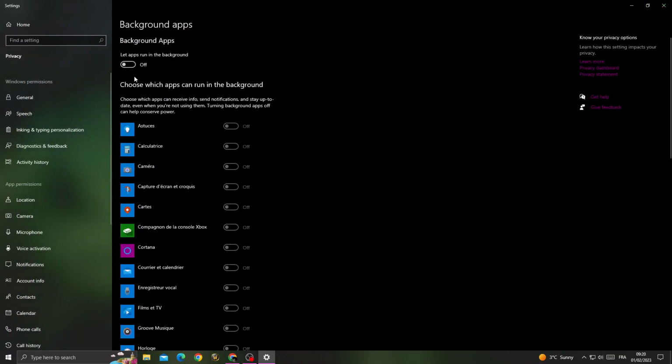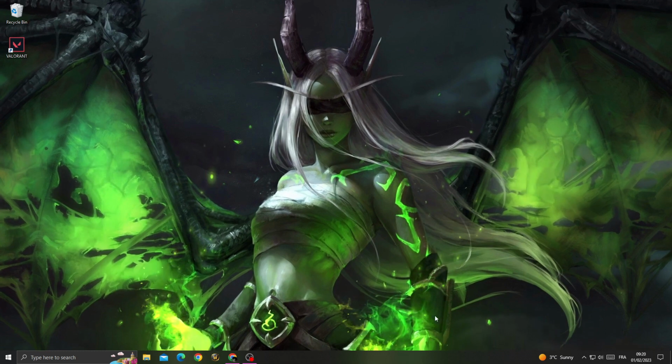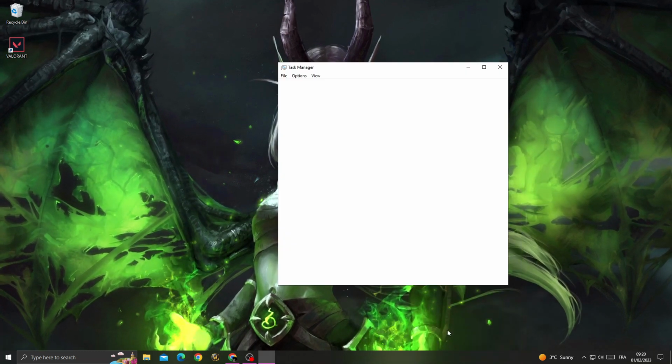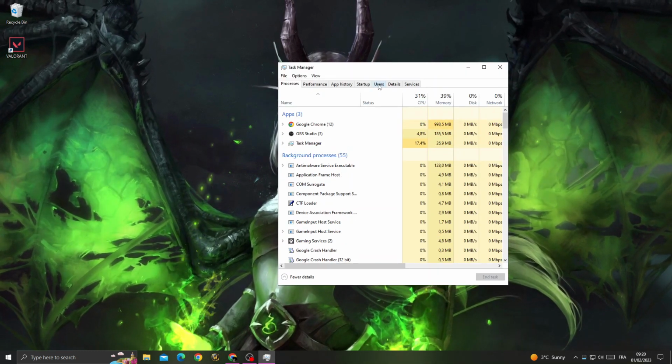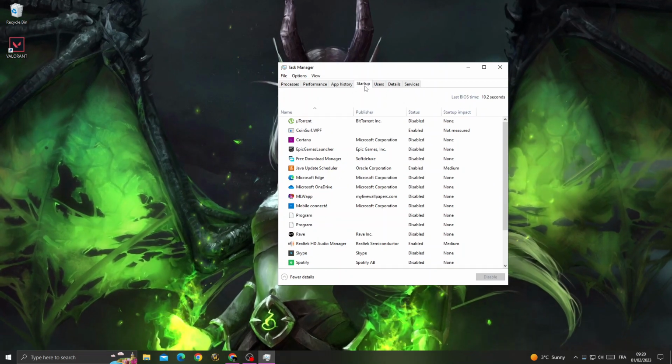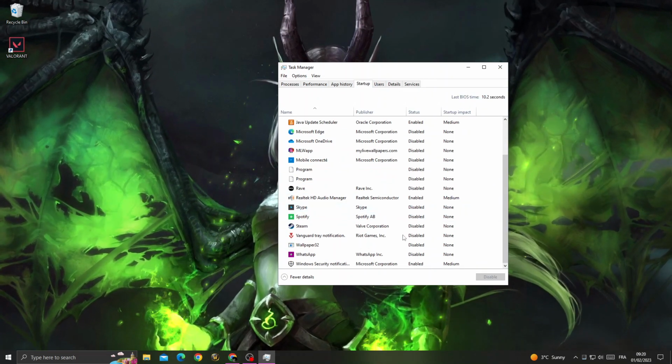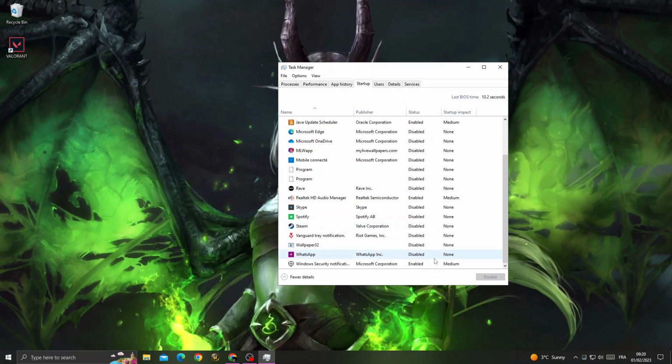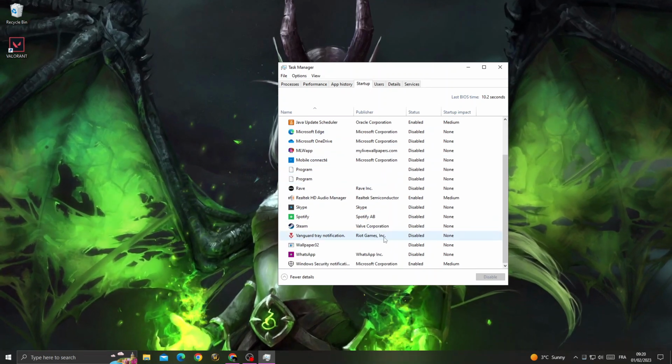and once you're here you will find it like that. Disable it, make sure to turn off this option, and then just go back and then right click here, go to task manager, then just go to startup, and now just disable all the applications that you don't need, like